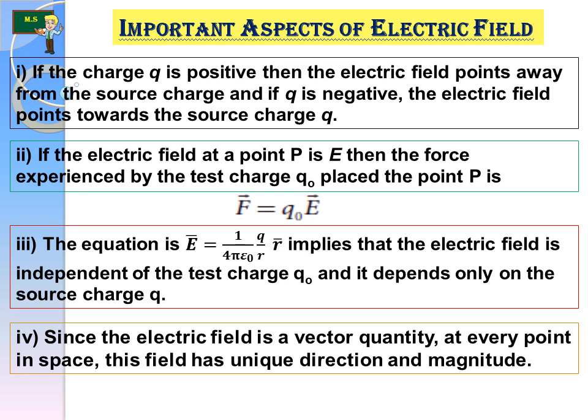To recap your knowledge, let me give another example. Here, Q naught is the new student for your class, and Q is the old students in the class. I think you can easily understand the difference between Q and Q naught. Since the electric field is a vector quantity, because it has magnitude and direction, at every point in space this field has a unique direction.